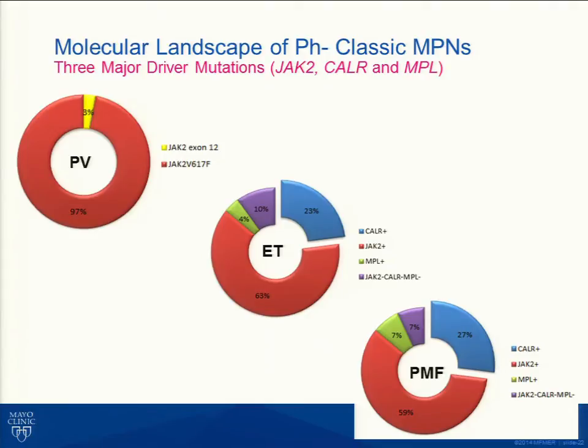In PV, the rest of the cases are essentially positive for JAK2 exon 12 mutations. In ET and PMF, the next most common mutation is CALR mutation, which was first reported at last year's ASH. After CALR, the next most important mutation is the MPL mutation. And we still have about 7 to 10% of ET and PMF cases for which we do not have a major molecular signature. So going into the specifics of each marker,